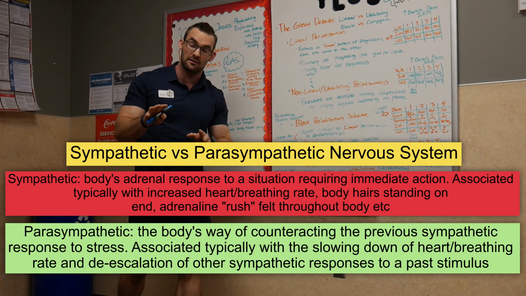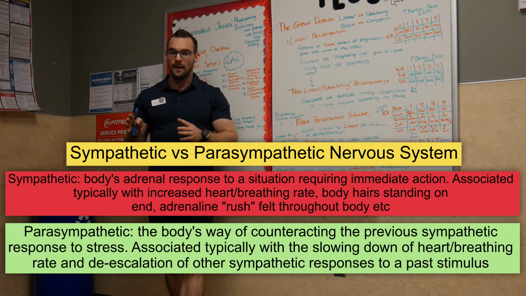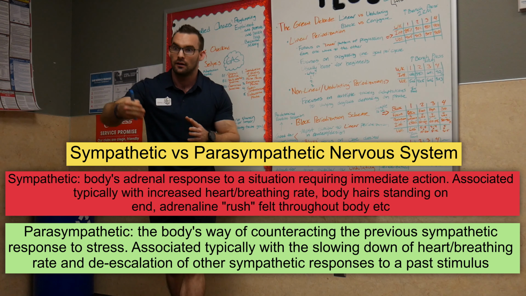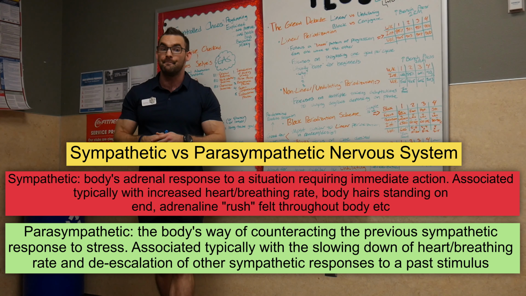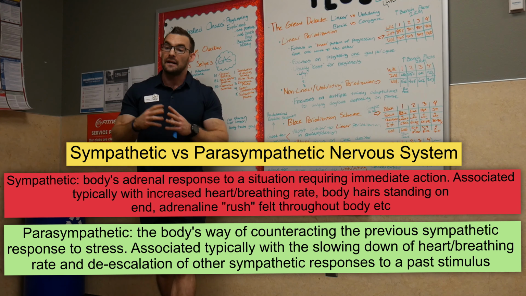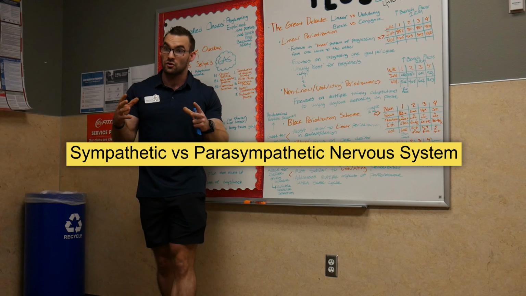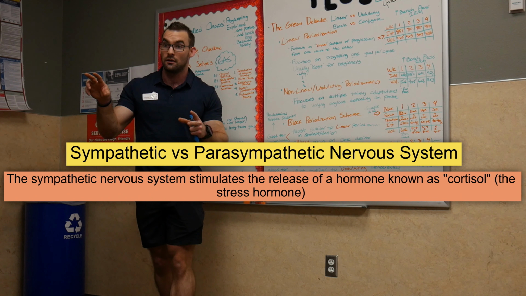And that's a survival mechanism, but there is such a thing as too much of a good thing, where you're constantly receiving that higher stimulus of the norepinephrine, and then your body starts to, because of the stress response to that, your body also starts producing a hormone called cortisol.